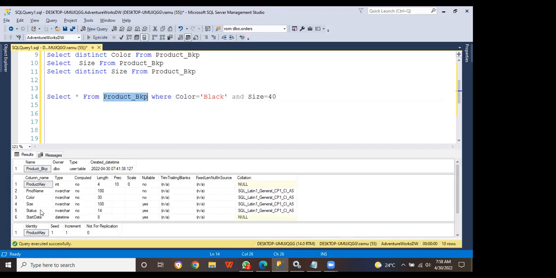Then immediately you can check that the size data type is nvarchar. Char, nvarchar, varchar, these are all string data types. Whenever you are entering the data, you must and should use single quotes. Okay, just remember this point. Because of that